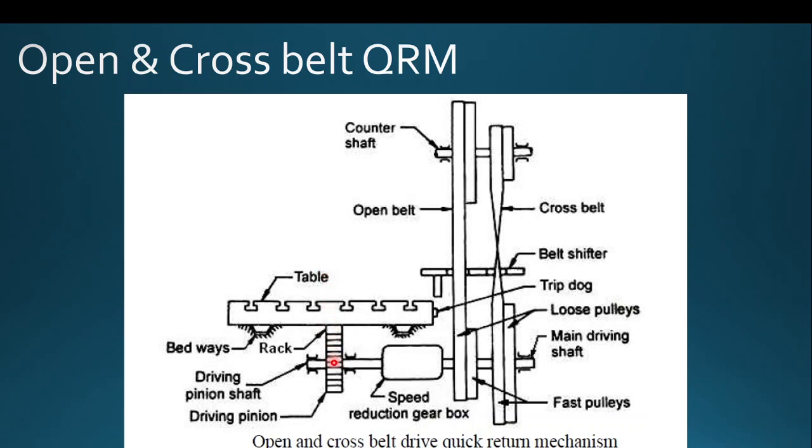Okay, and obtaining the movement is the first task. Here this counter shaft is the input shaft. The counter shaft receives the rotation from the electric motor drive or something else, maybe an engine, and then that movement will be transferred to the main shaft. This is nothing but your main shaft, the main driving shaft. The main driving shaft and the counter shaft are both connected with belt drives. See here, you can see a number of belt drives. In the counter shaft, we have two wider pulleys.